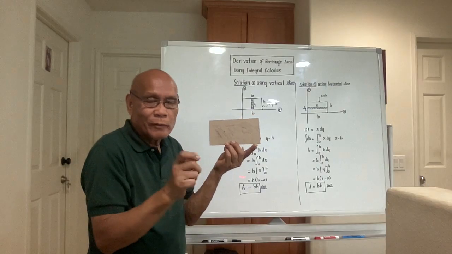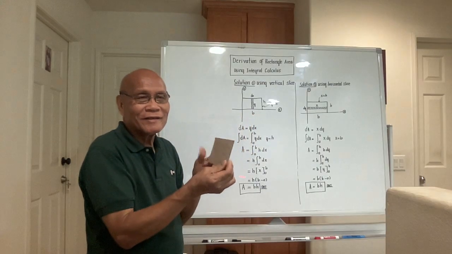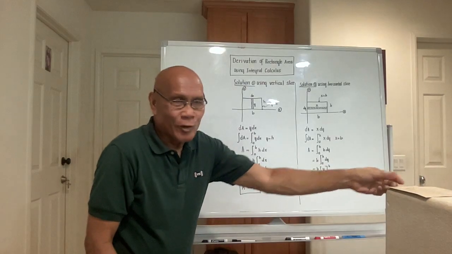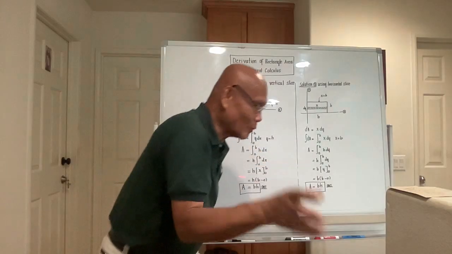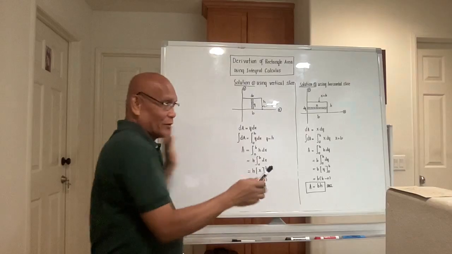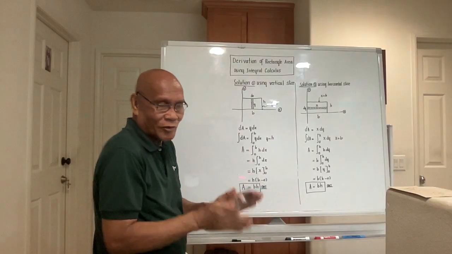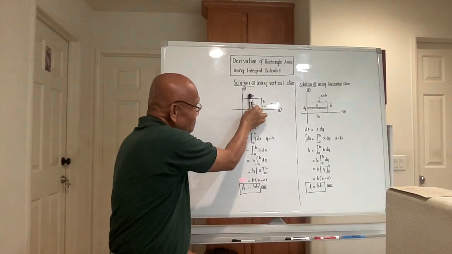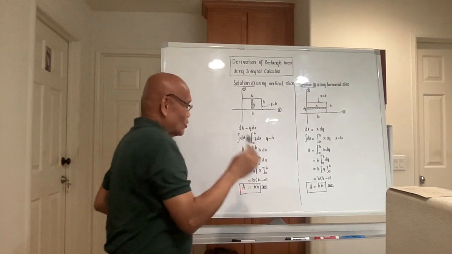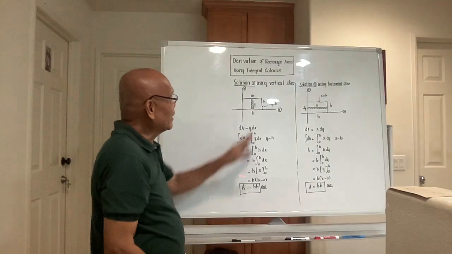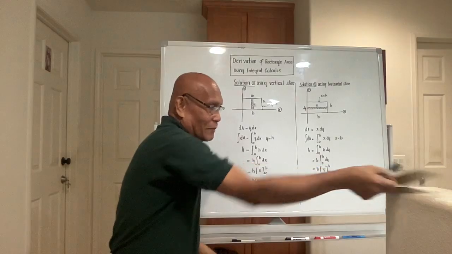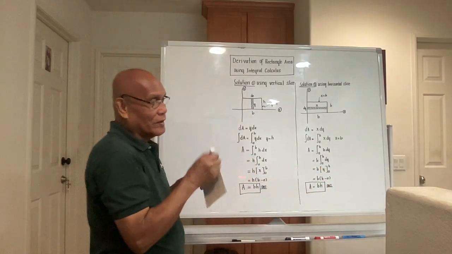So for tonight, I will be presenting a solution which is actually the origin of the area of a rectangle. Okay, let's try to present solution number one. Solution number one, because in integral calculus, there is the so-called vertical slice and the so-called horizontal slice. So by presenting solution number one, I will be using vertical slice, meaning vertical slice, meaning